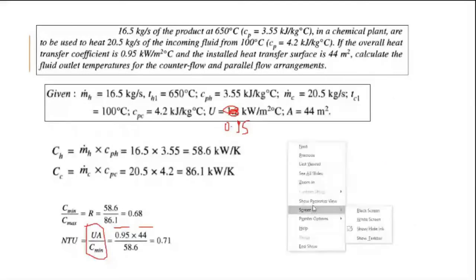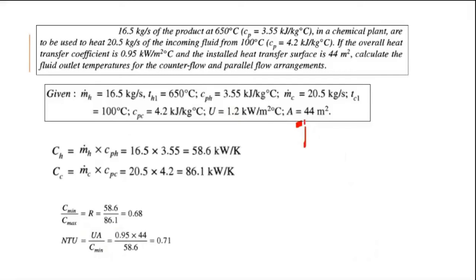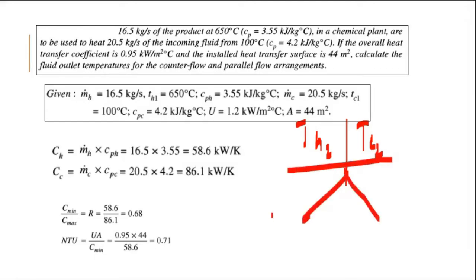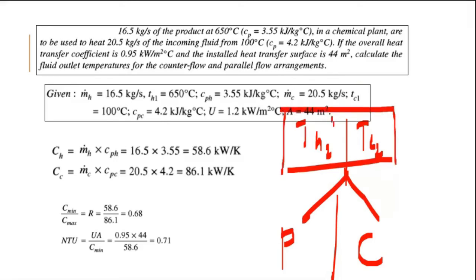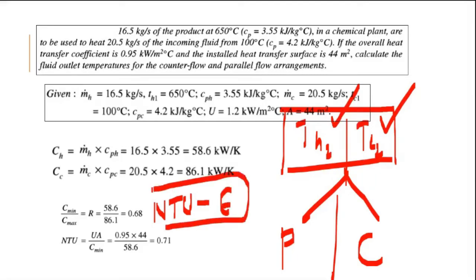So we have to find out TH2 value and we have to find out TC2 value. These two values have not been given, and they have to be determined for two different cases. First is for parallel flow heat exchanger and the second is for counter flow heat exchanger. We will see how to find out these temperature values. Now, one thing you have to keep in mind, generally whenever two temperature values are unknown, the question is related to the NTU and effectiveness method. The question can be solved more easily using the NTU effectiveness method.